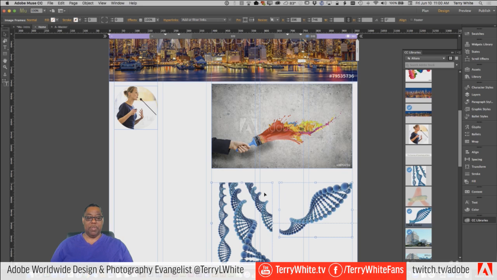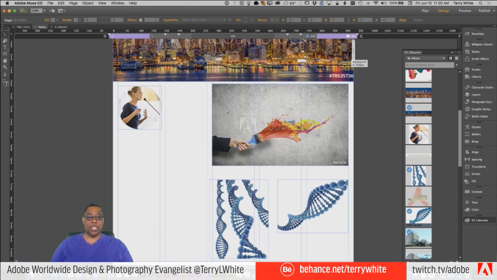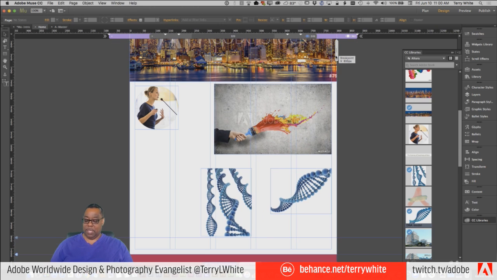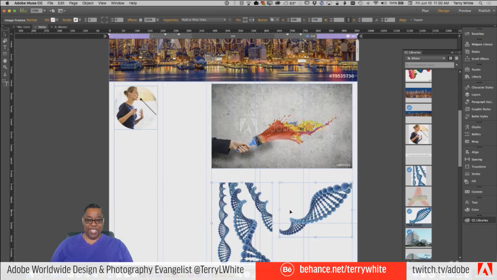So in this case, we're just going to take both of these and group them together. Object, group. And so now they're grouped, and now it's staying relative to the right side. All right, so now if we pull this down, okay, you shouldn't be moving. Hold on. Let's turn that one off.